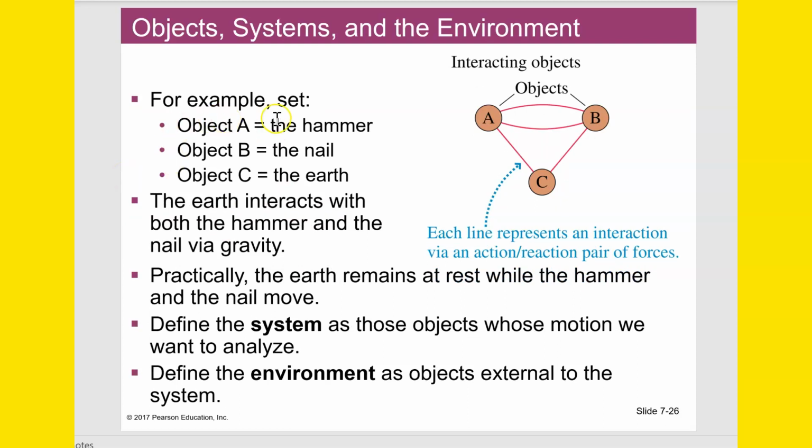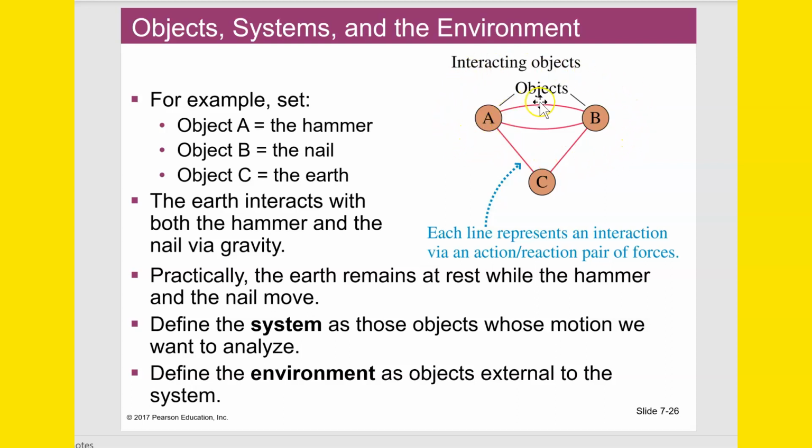For example, object A is the hammer, object B is the nail, object C is the Earth. The Earth interacts with both the hammer and the nail via gravity. Practically, the Earth remains at rest while the hammer and the nail move. Define the system as those objects whose motion we want to analyze. Define the environment as objects external to the system. So if we just want to analyze the motion of the hammer and the nail, we would define the system,